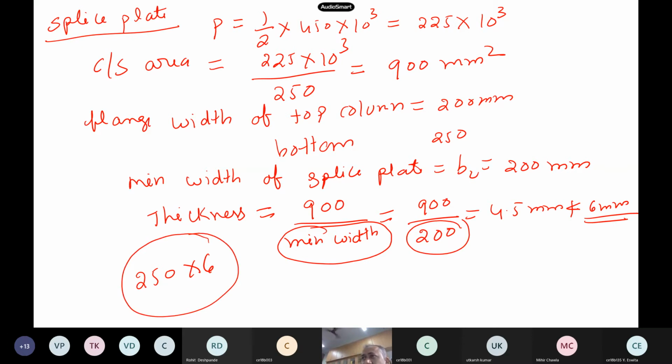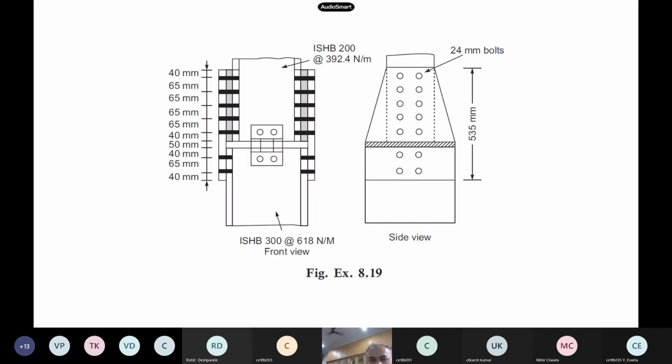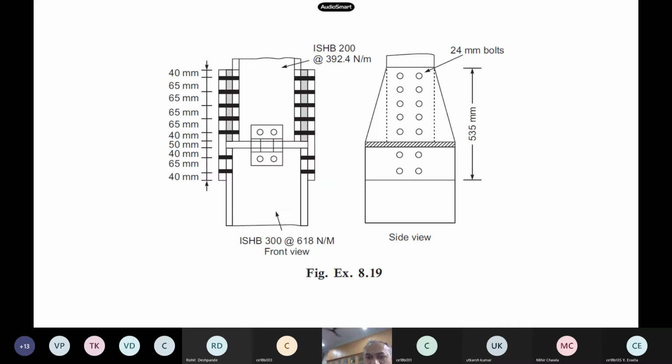Once that is done, we have to design the connections. So the next thing is the connections. This is my splice plate: this is 250 and this is 200, whatever the top flange is. Now we have to design the connections, like how many bolts are required and others.